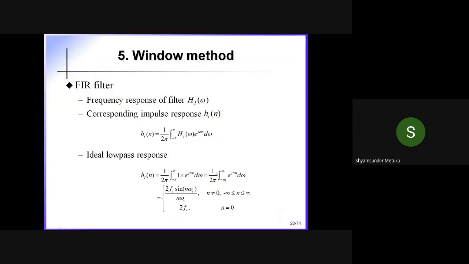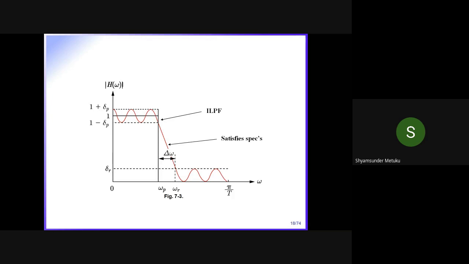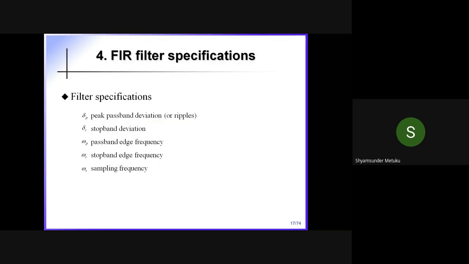So let us complete the window method first. FIR filter design using window method. One thing is sure, as I said: the desired frequency response is something which we are interested in, and the practical frequency response is which we are going to obtain. So here the frequency response of the filter is given as H_d of omega, which is given by h of n is equal to 1 by 2 pi, the inverse discrete-time Fourier transform expression, because whoever gives specifications, the specifications are given in the frequency domain or time domain as per this particular diagram. The specs, whatever is written here, is it frequency domain or time domain? Frequency domain, sir.